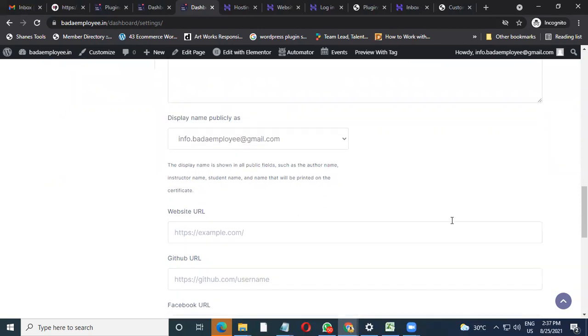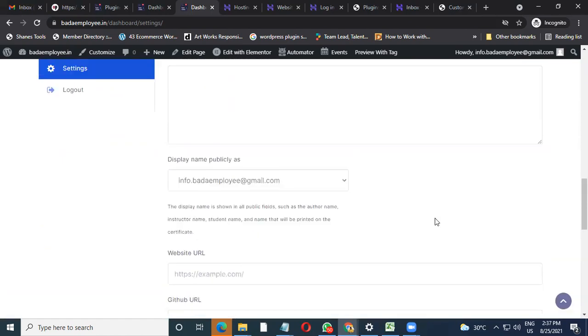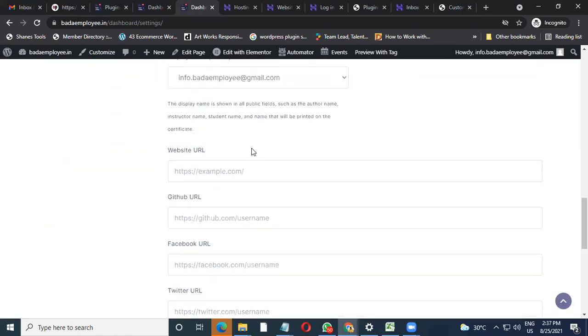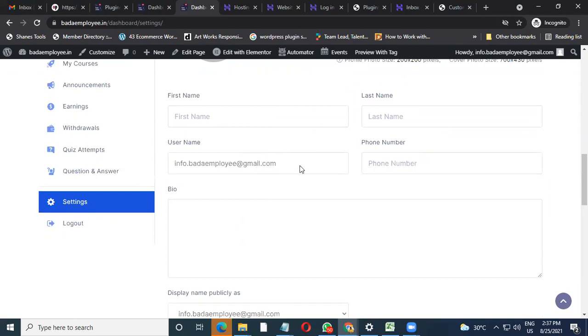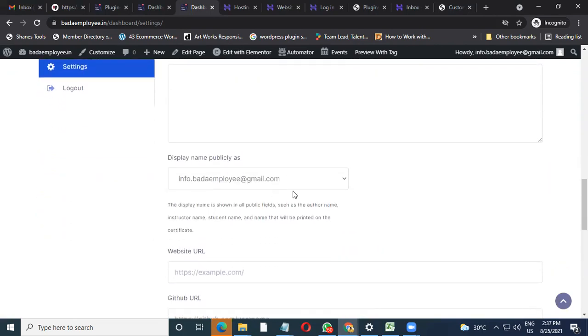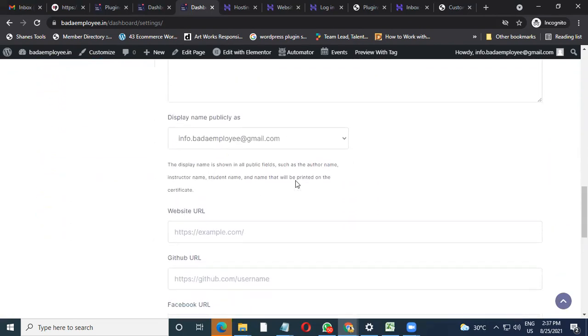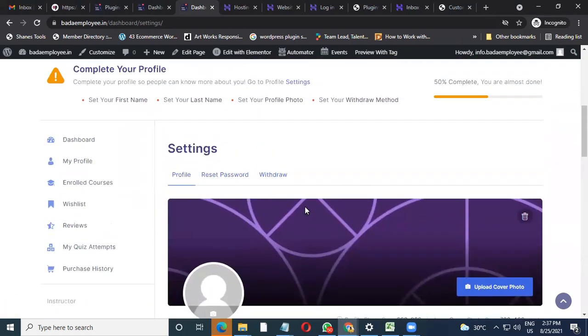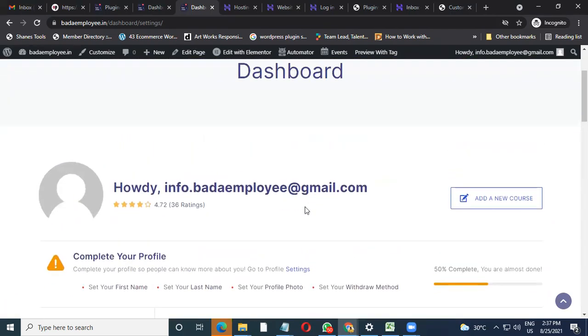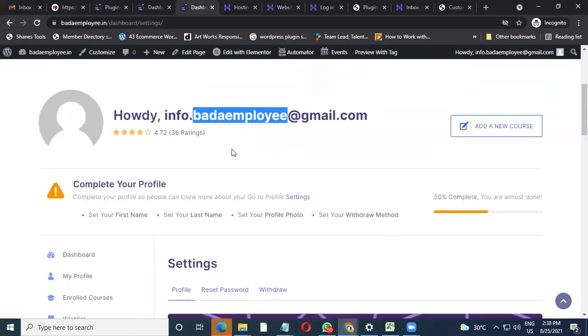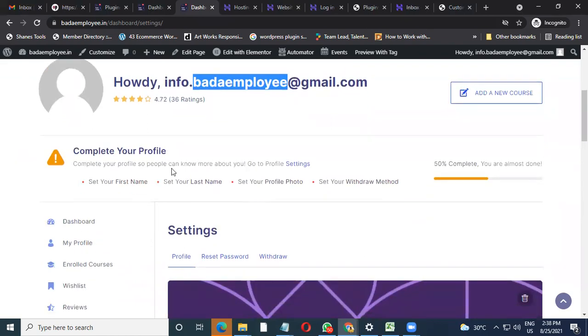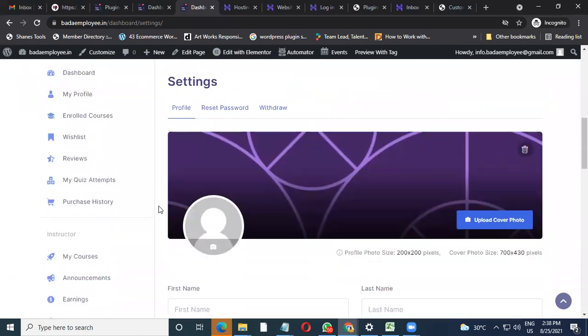Before the name options come, you need to save this page. So put up your first name, last name, and update the profile. You would be able to see the options on the display part, like display name, what has to be shown, and you can showcase it as your branded profile. Every course you add will show your brand. If it's a company name, you can show it as a company name. If you want to show it as your name individually, you can write your first name and last name in this area and showcase it accordingly. So that is where the profile setting part comes into the picture.